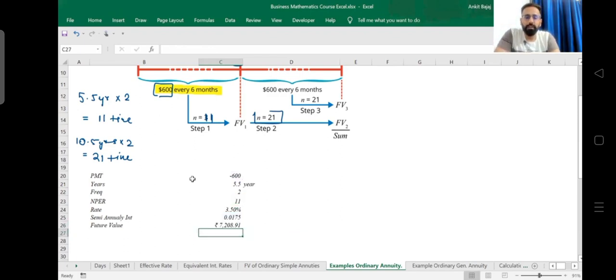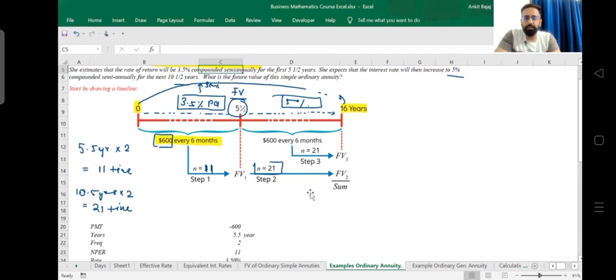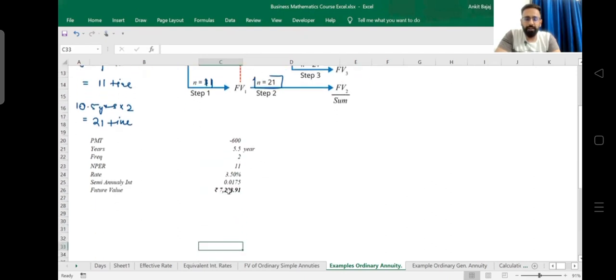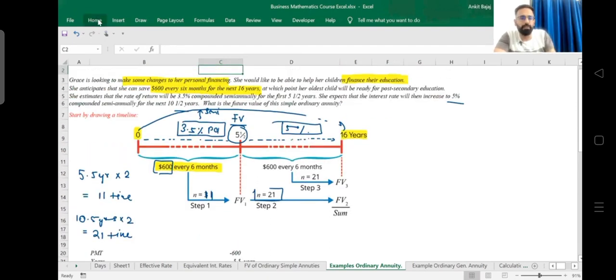Here answer is going to be 7,208 rupees, right? This is going to be the future value we'll be getting after 5.5 years, right? Then again, if you see after 5.5 years, you will be receiving these amounts, right? You will be receiving 5% interest, right? So after 5.5 years, your future value is going to be 7,208 rupees. Here you can write down your future value, that is going to be